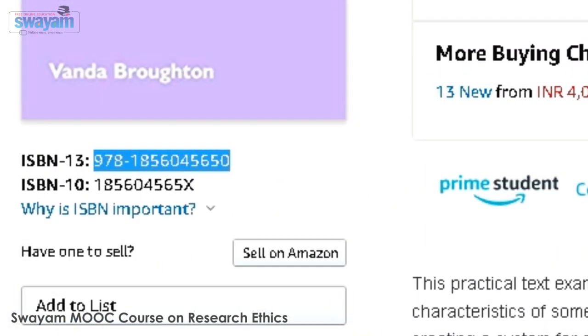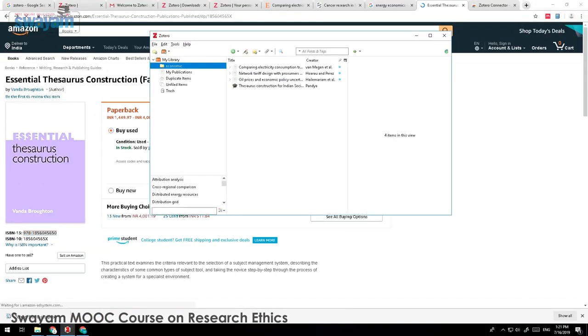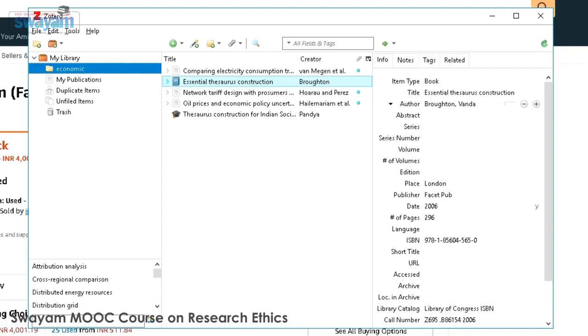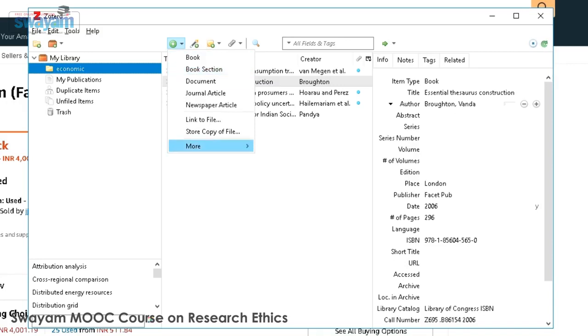Now select this ISBN number, go to Zotero, open this sparkler, paste the ISBN and say enter. Now the system will correspond with the database and it will automatically download all the details. As you can see here, all the details have come. So here you can see this is an icon for the book.